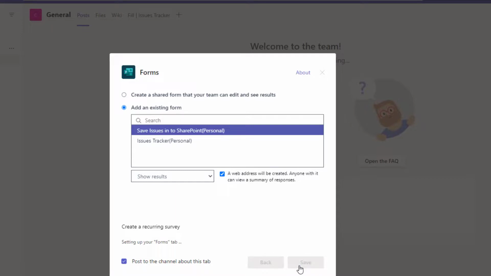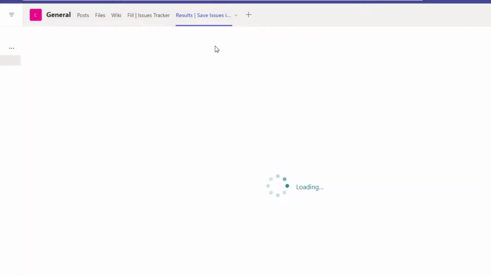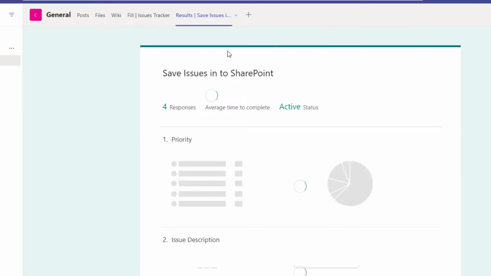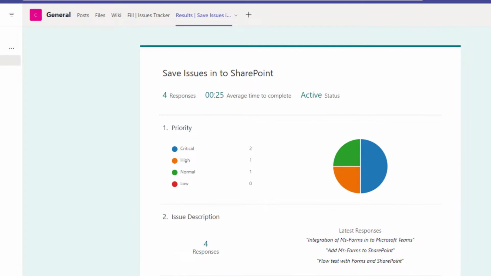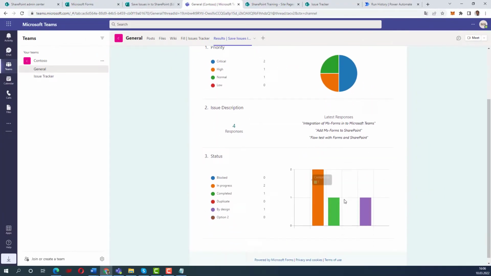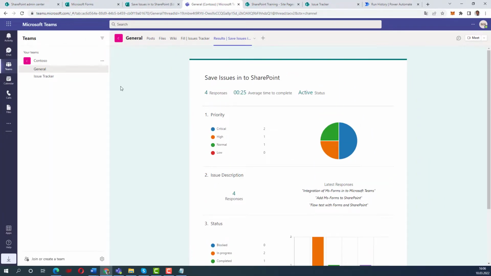When I click on save, you will see that all the answers that are collected using Microsoft Forms will be visible here, and you see a Power BI platform where we have an analysis, where we can see the different collected issues directly in Teams,